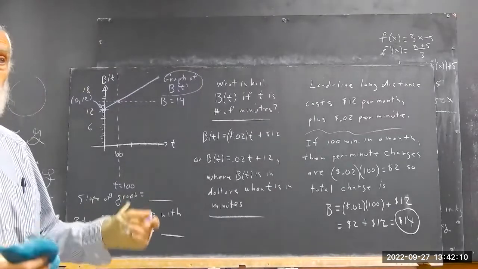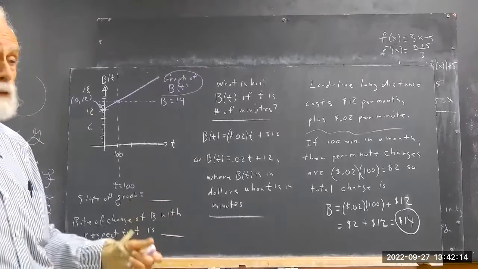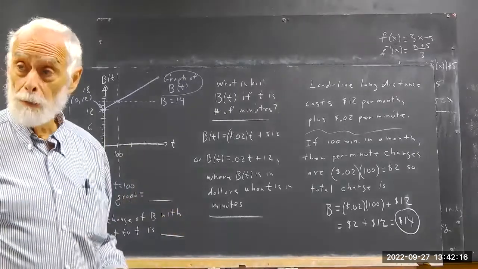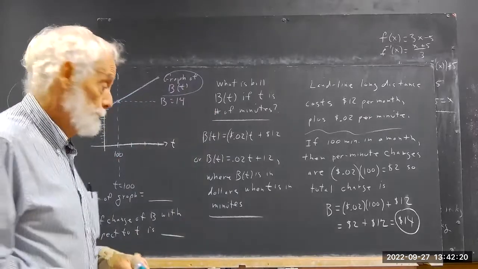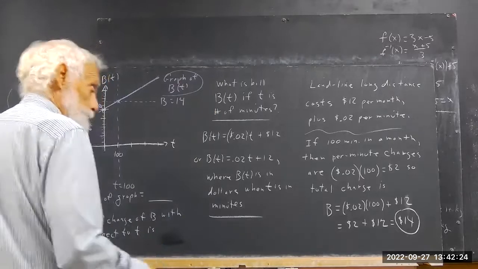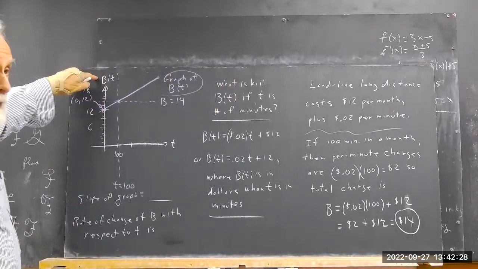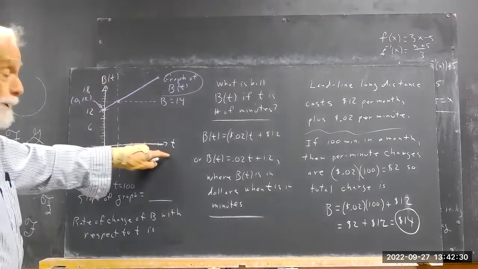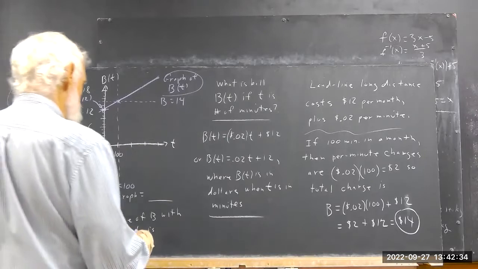The rate of change of Y with respect to X is change in Y divided by change in X. The rate of change of one thing with respect to another is the change in that one thing divided by the change in the other. Okay. So it's not Y and X anymore, but it's okay to think Y and X. But then you think, well, instead of Y, you've got B. Instead of X, you've got T. So the rate of change is